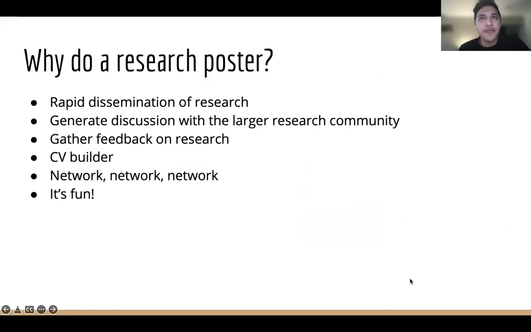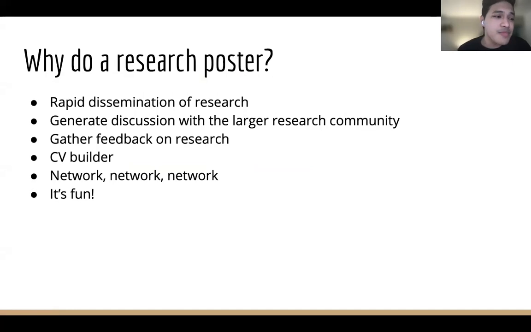And so just to kind of start from the beginning here and talk a little bit about why we might even do a research poster, what its purpose is. We might get some background on what the purpose is here. And so thinking about a research poster, we typically think about it as a way to disseminate our research, normally during a conference, but there might be other situations where you might do a poster, but it's typically during a